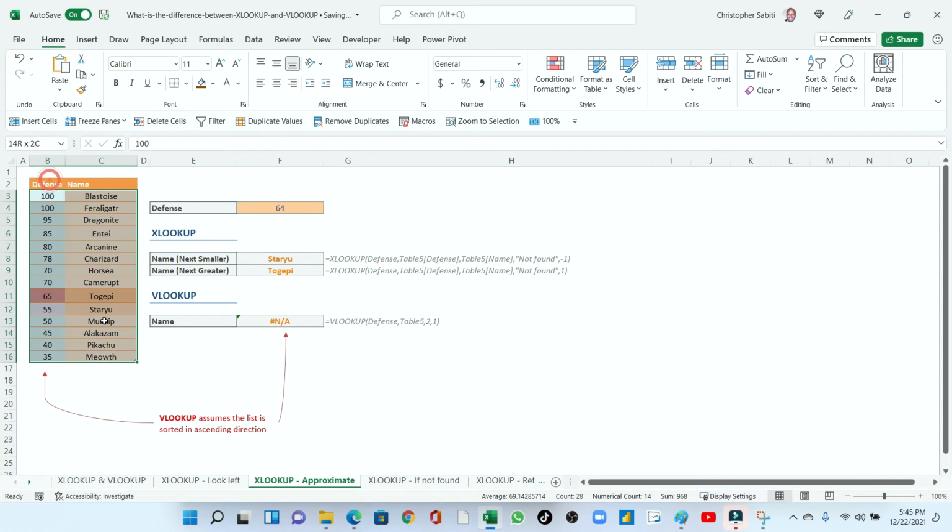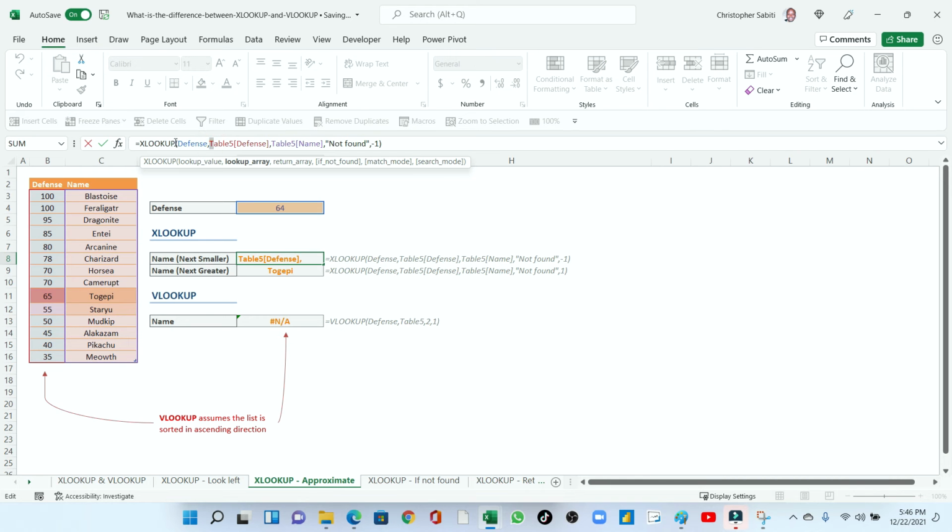Then going to the difference when getting an approximate value. Now still we have our same table. This time we are looking at the defense, that is now our lookup value, and we need to pick the name. Now XLOOKUP has two options. It can give you an approximate next to the smaller or an approximate next to the larger. So if you pick a number like 64, which is the number we have, it is going to look for it here.